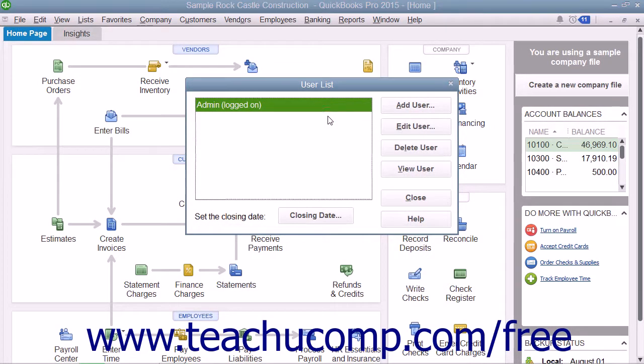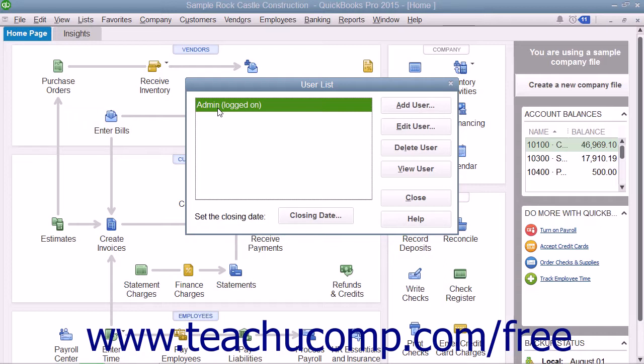List dialog box. First, you will need to create a master user, usually called admin, that can access all of the areas of QuickBooks. That master user account can then create the other user accounts. You typically create the admin user account during the Easy Step interview. That is then the default user account for all activities that you perform within QuickBooks until you decide to create